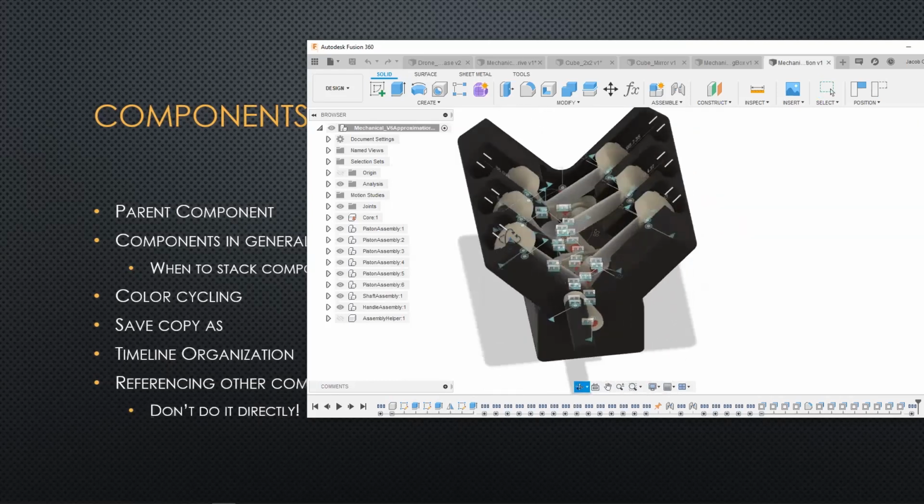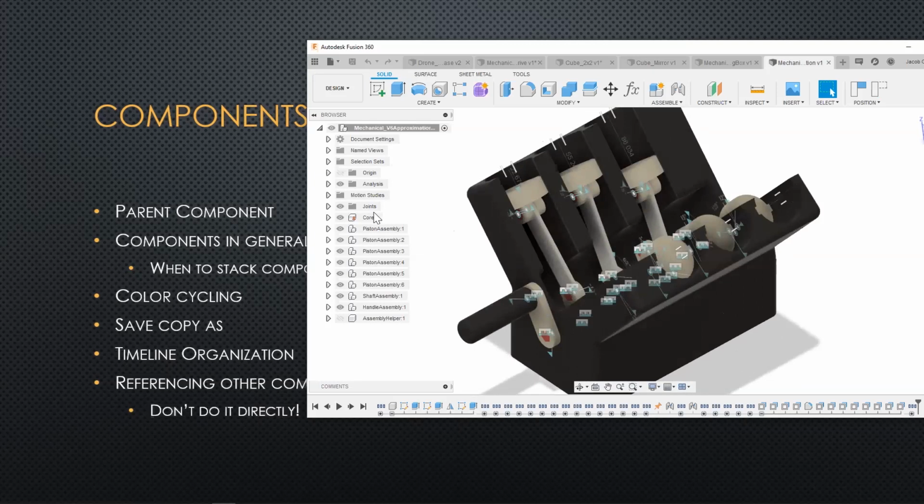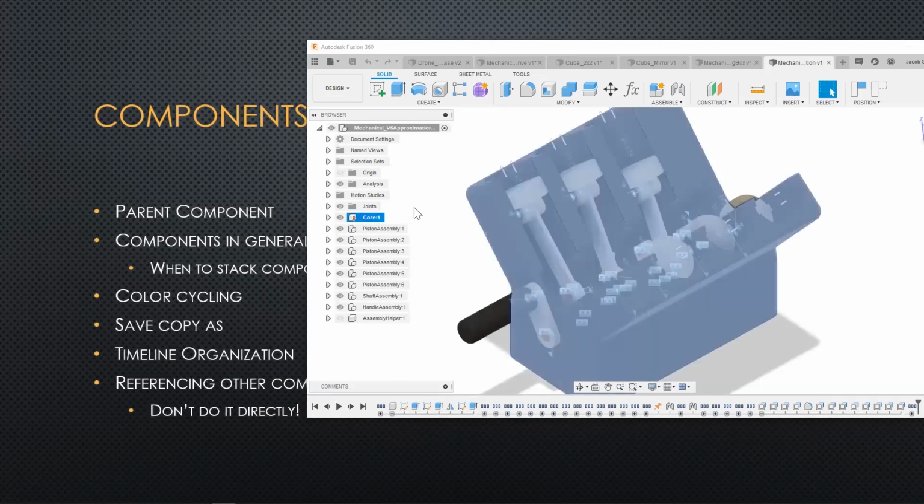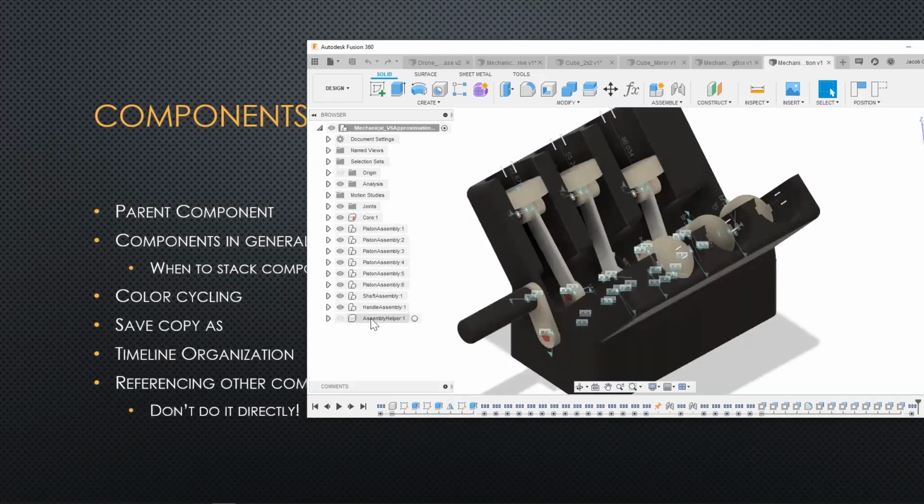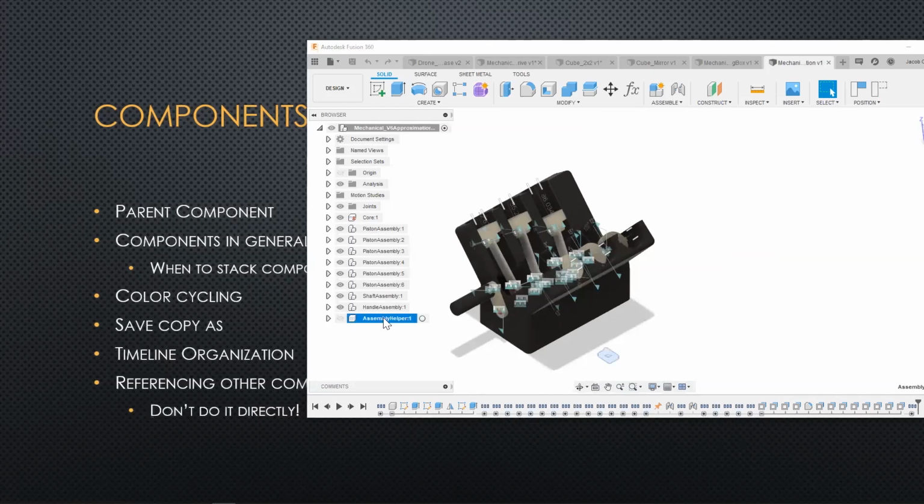This is a V6 engine approximation that I made, and it has a lot of different components. You'll notice that the core, which is the outer piece, is just a single component. I have some other things, like this, which was used to help in the physical assembly of it. It's just off to the side. But each of the pistons is a piston assembly. So if I activate one of these,